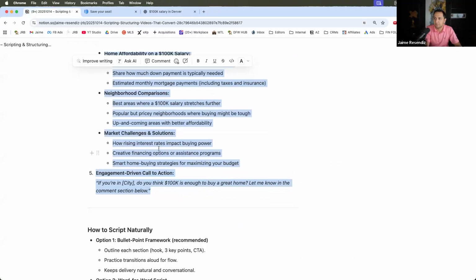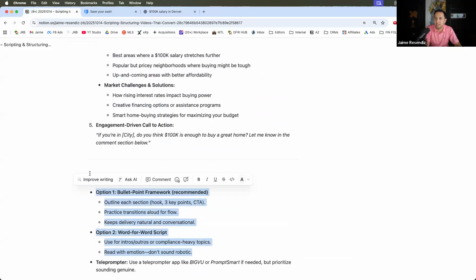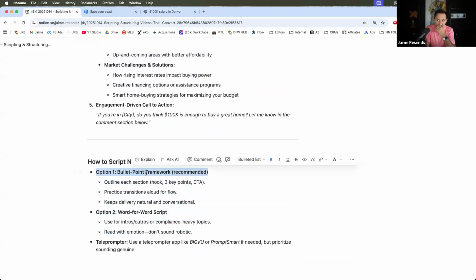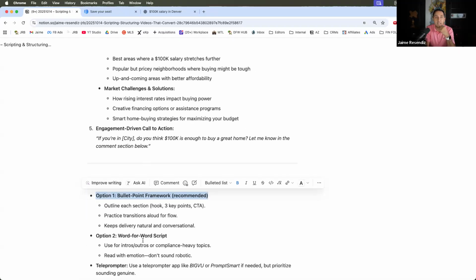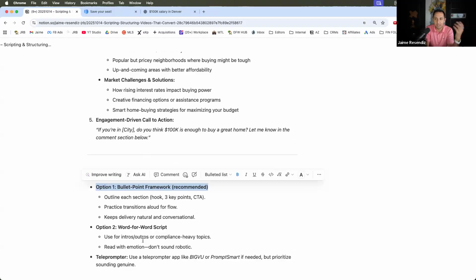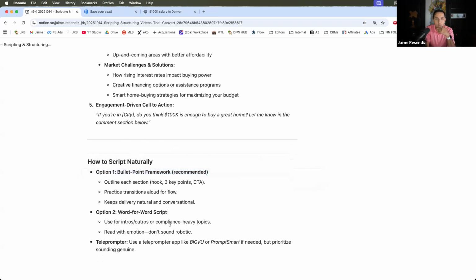Alrighty. And the other point, which I probably should have put up here, you can do the bullet point method, which is the method that I use. I essentially just give myself bullet points similar to what you're seeing on the screen, and then I just go from there. It's more of an outline. Basically, I use it as the presentation, get some keywords that I want to cover, and then I go off from there. Now, if you're the word by word person where you need to read things off the script, that's okay. No big deal. I just showed you dumping it onto us.